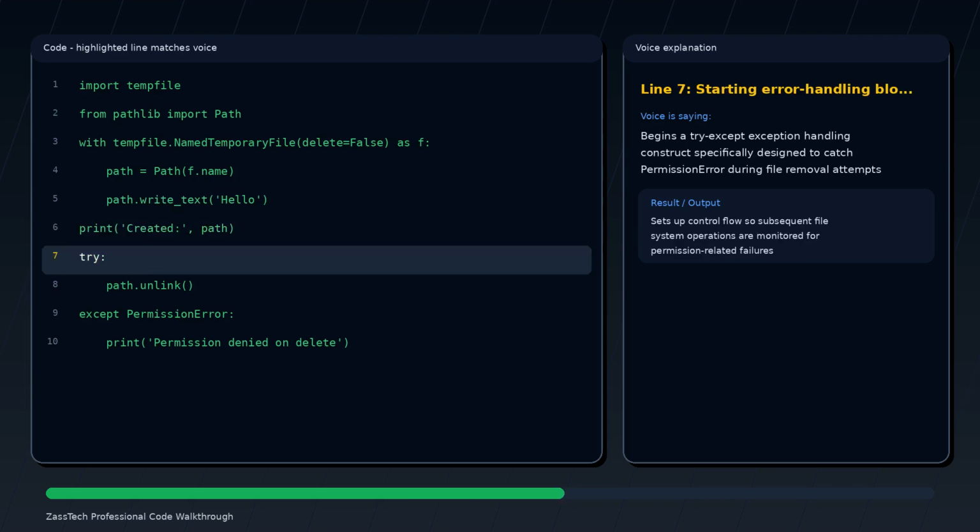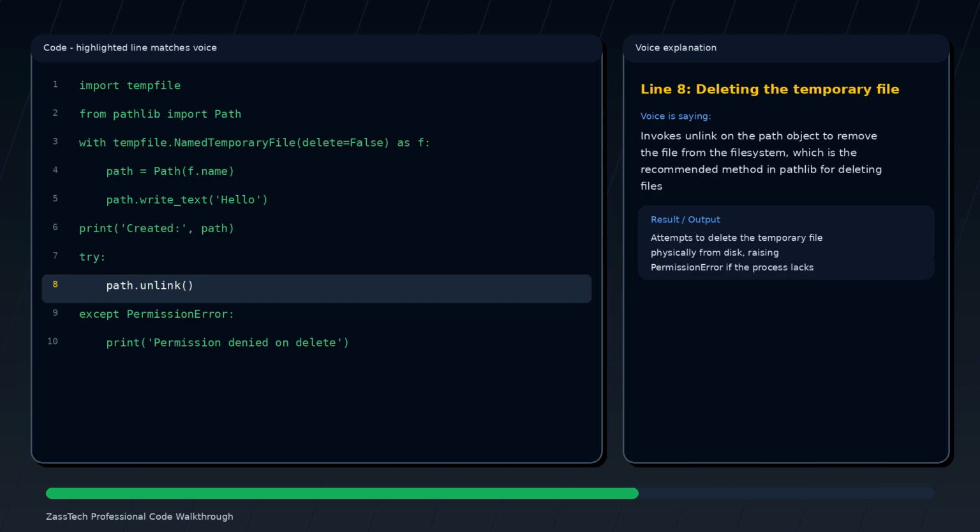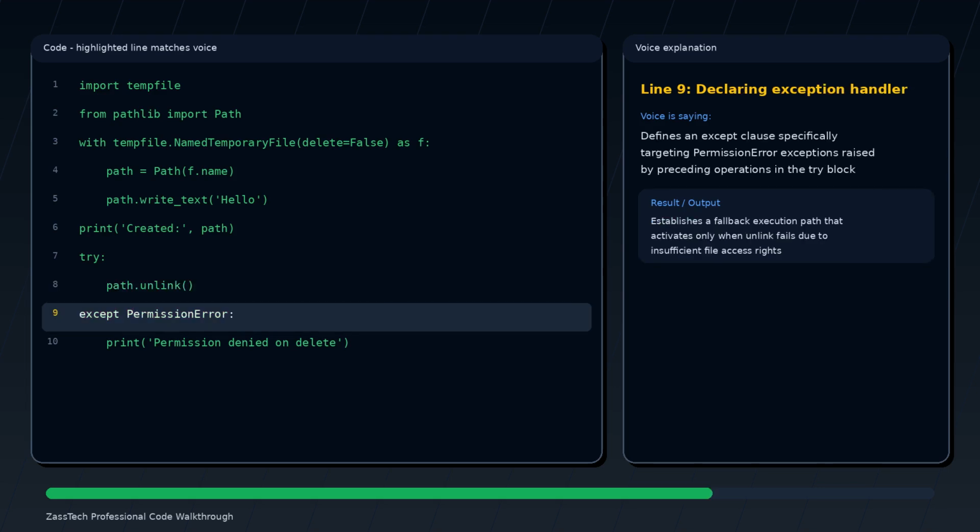Begins a try-except exception handling construct specifically designed to catch a PermissionError during file removal attempts. Invokes unlink on the path object to remove the file from the file system, which is the recommended method in pathlib for deleting files. Defines an except clause specifically targeting PermissionError exceptions raised by preceding operations in the try